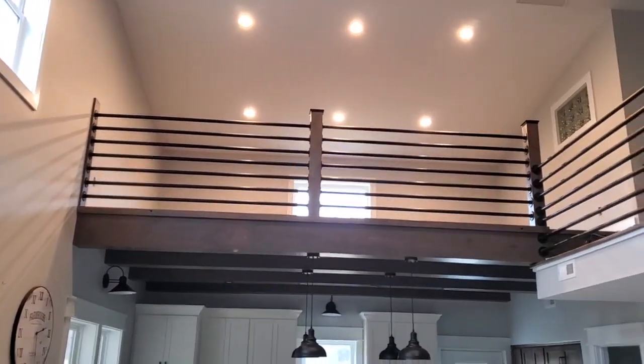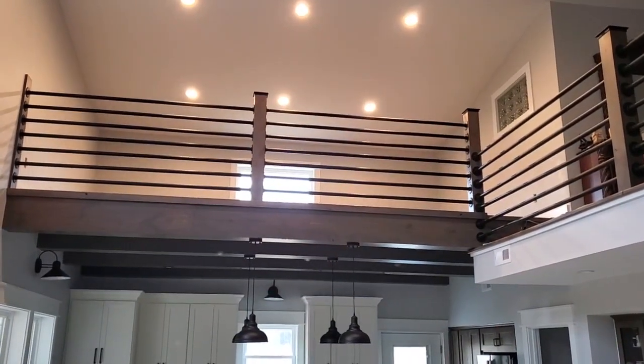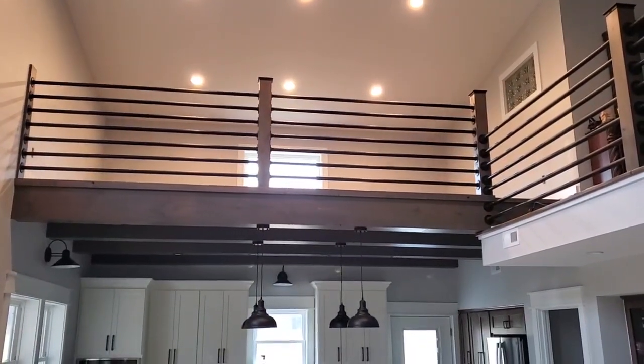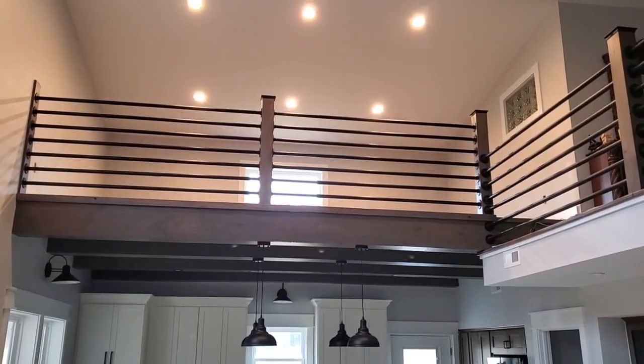The hand railing, and man, it looks so good. It looks totally like a loft up there. Yes, it really does. You never know how something's going to look, the final outcome, until you get it finished. But we do still have to do